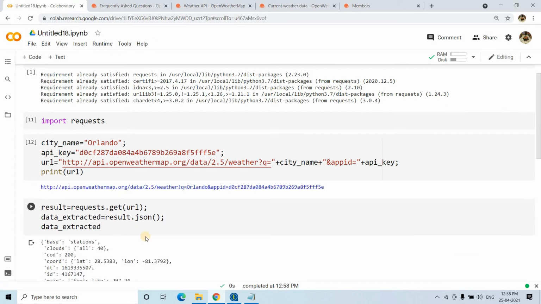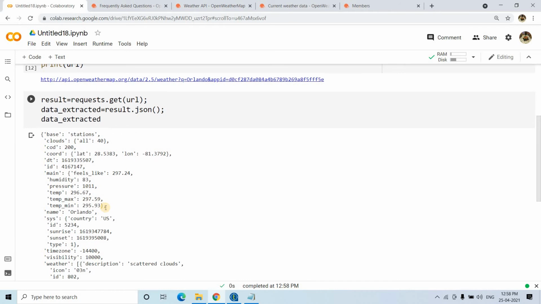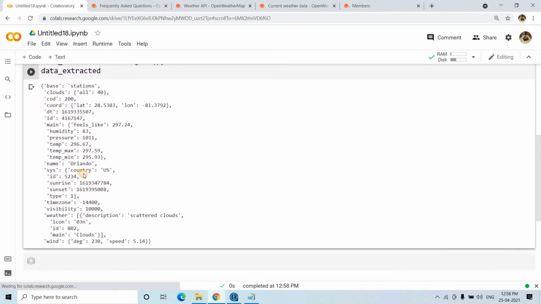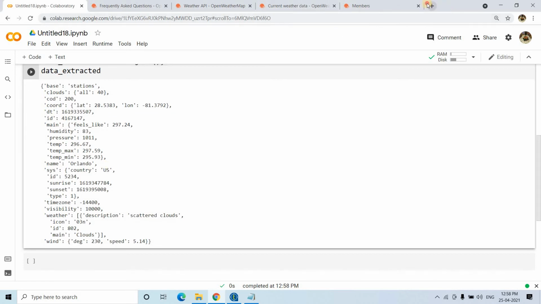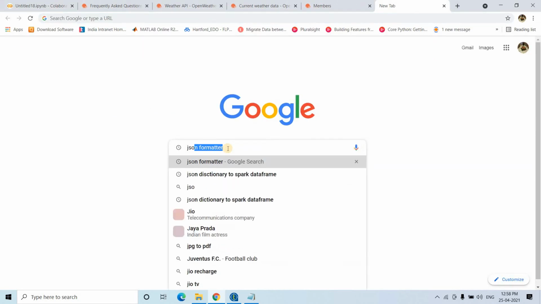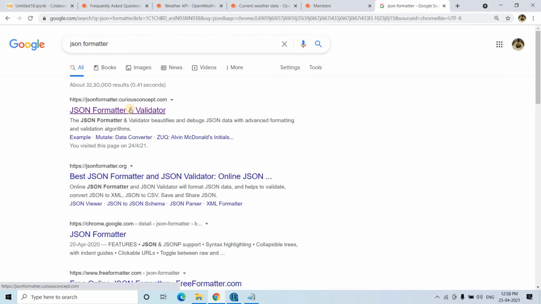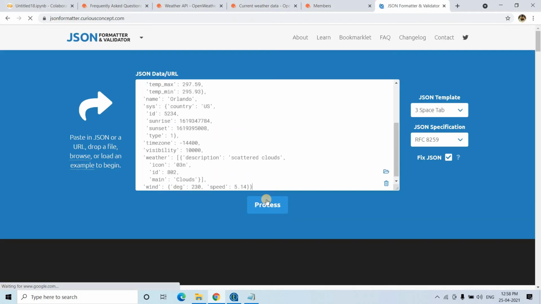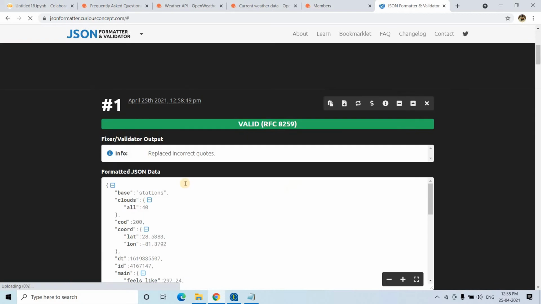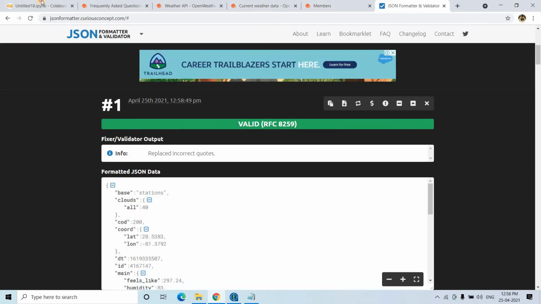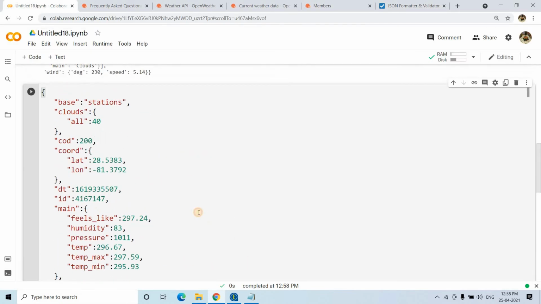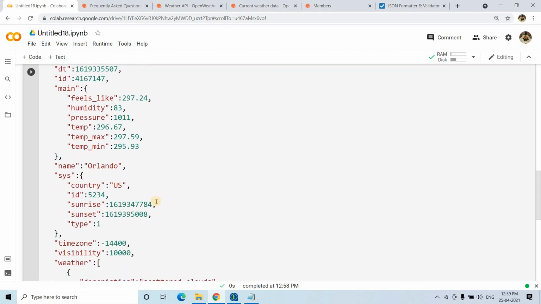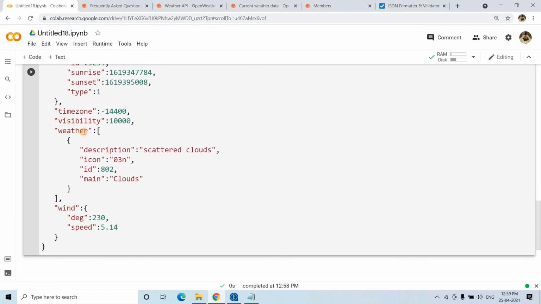Keep on running and check whether, yes, see, now we are getting the data. So this is basically the extracted JSON data. Let us visualize this JSON data in a better way. Maybe here I can go to a JSON formatter, click on the first link, paste that data, and click on process. So here you can get your JSON data properly. I can select the whole part and paste it here to visualize what weather related information we are getting. So basically the description of the weather is present here.